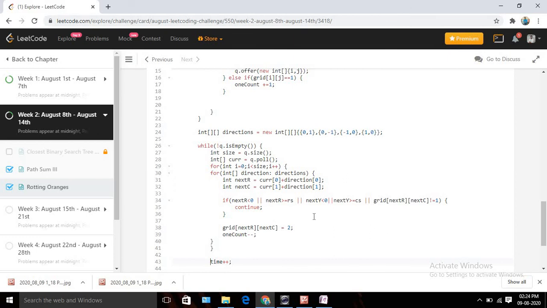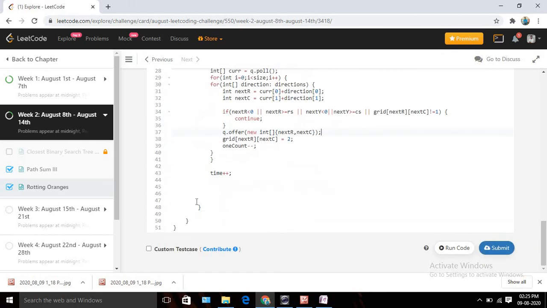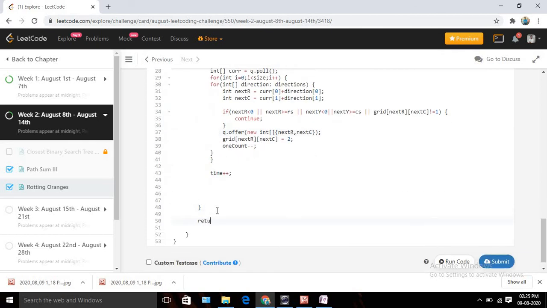After that, if I found 2, obviously we need to add it in our queue, right? So q dot offer, and it should be new int, and the value will be next r and next c, right? So I need to insert in our actual queue, right? Okay, so I think that's pretty much for this logic, and once we are done with that, we need to return our value, right?